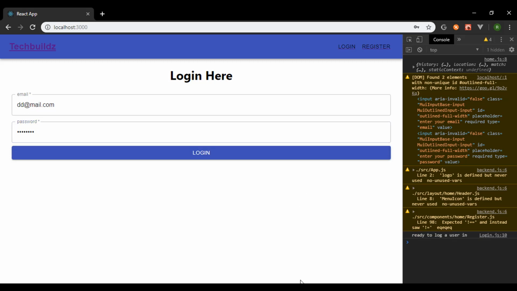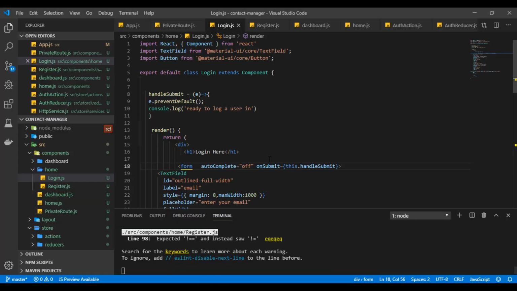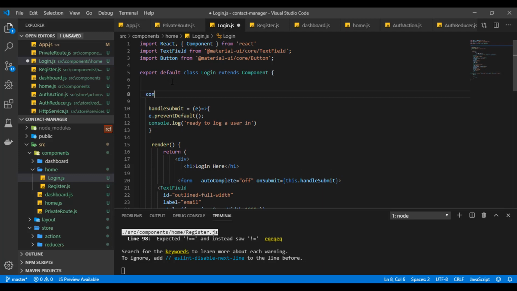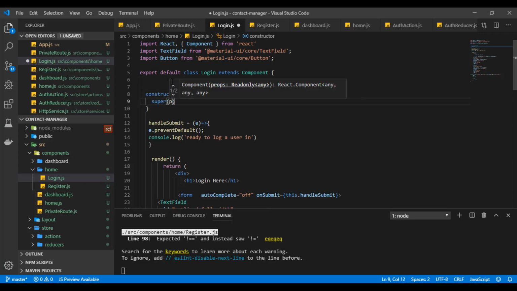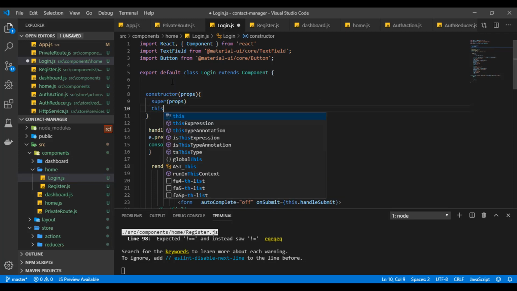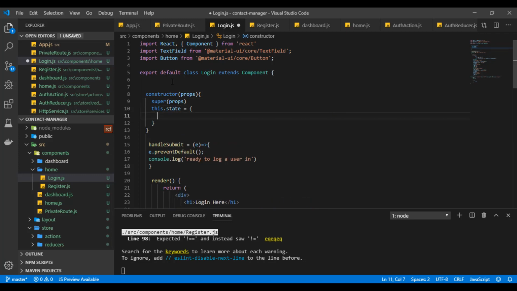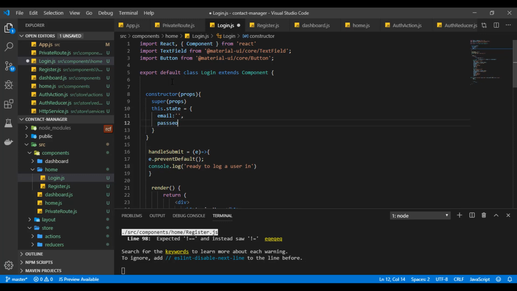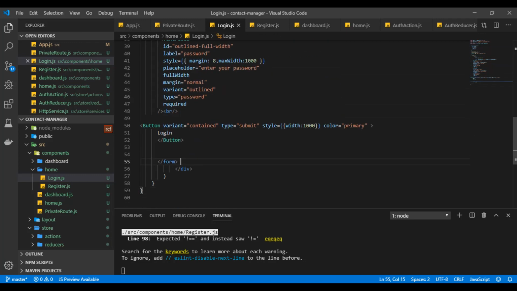And now we can just get back to our application here, and we are going to set the state. So right in the constructor, we're going to pass the props. We'll call the super, pass the props here, and we want to set the state here. We're going to say this.state should be equal to email as an empty string, password as an empty string also. Now that we have that done, we are also going to attach